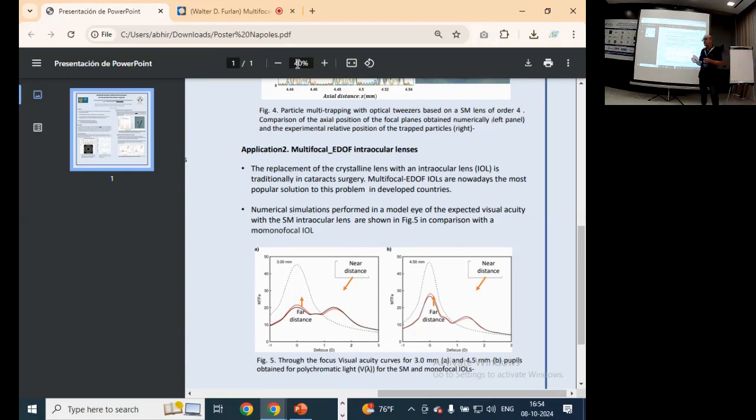But the tendency now is to develop intraocular lenses that allow people to see at multiple distances. So you need a multifocal lens in the eye. And this is why one of the applications that we have developed is in the form of a multifocal lens. We have shown that with the aperiodic Furlan sequence that I have presented previously, we have the opportunity to design